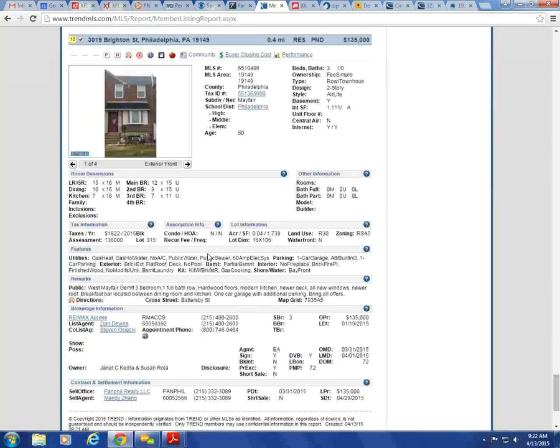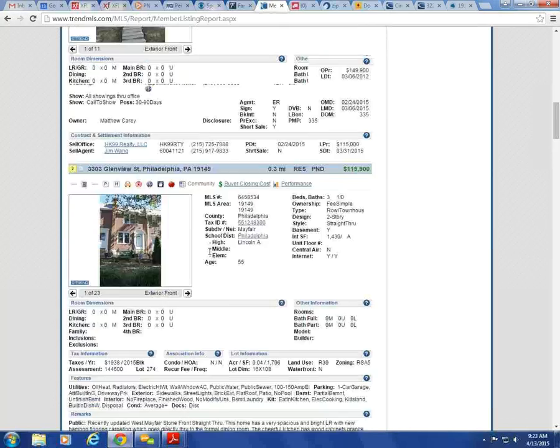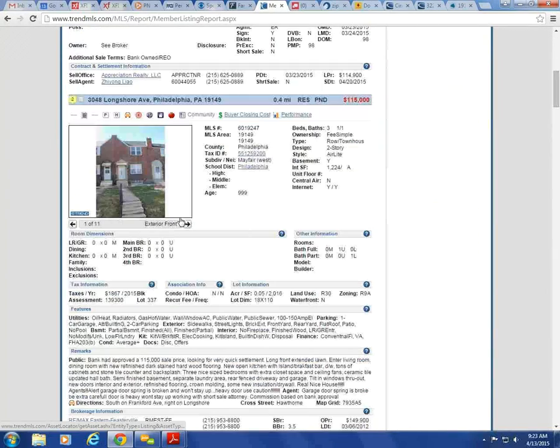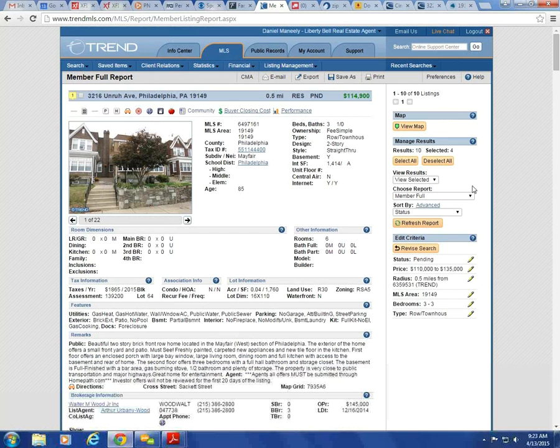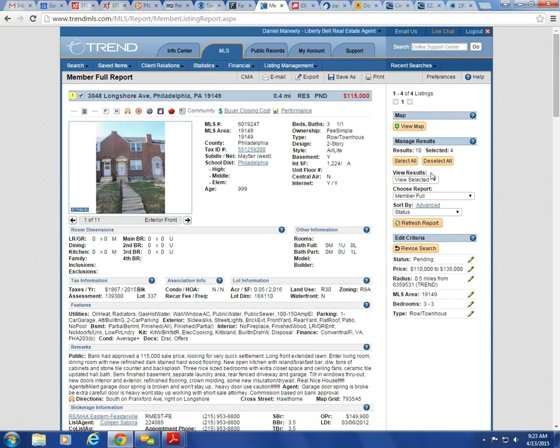Not happy about that, but I don't know how many I got here. Maybe 2 or 3. Let me pick one more. That's 14. I'm going to pick this one. So I got a few of them that I think match. And again, I'm doing this very quickly for the sake of our training. But I'll click refresh report. I got 4 pending. I'm going to save as,